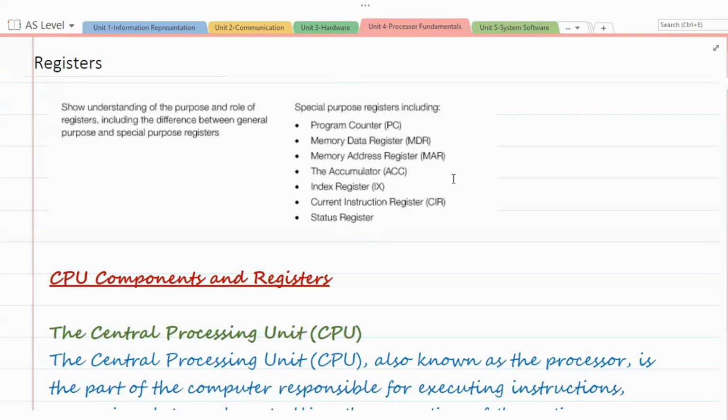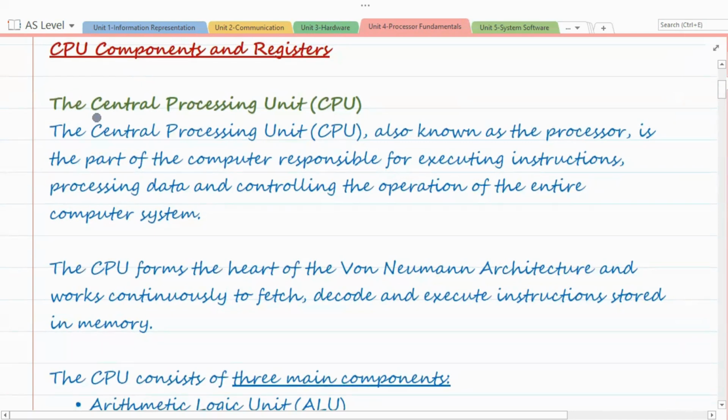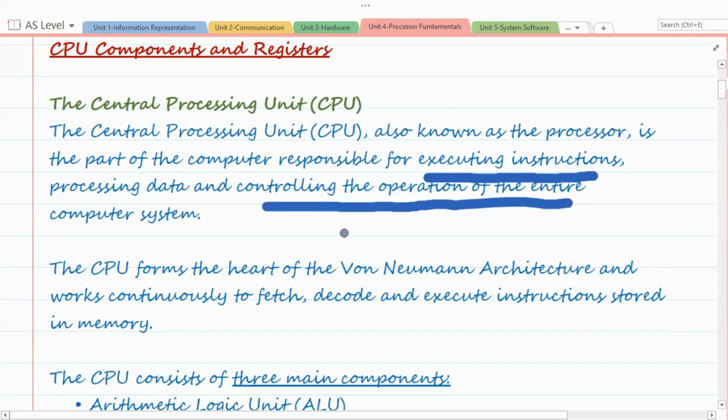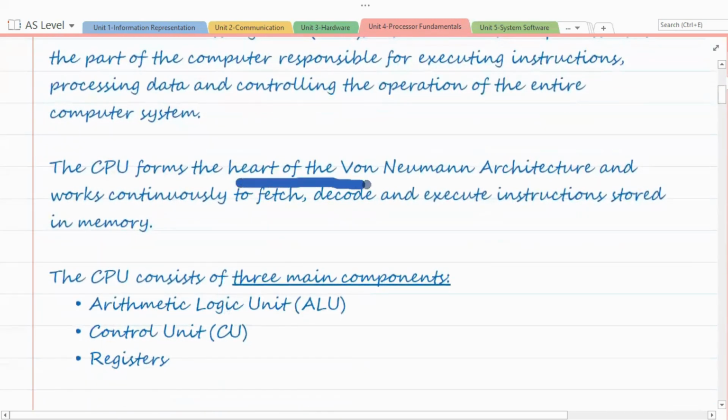But before we study how registers work and how the CPU executes instructions, let's first understand the components inside the CPU and then the role of registers. So you all know the central processing unit, also known as the processor, is the main part of the computer, and it is responsible for executing instructions, processing the data, and controlling the operation of the entire computer system. The CPU also forms the heart of the von Neumann architecture and works continuously to fetch, decode, and execute instructions stored